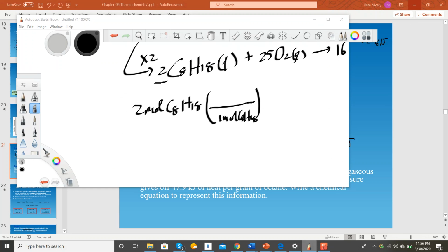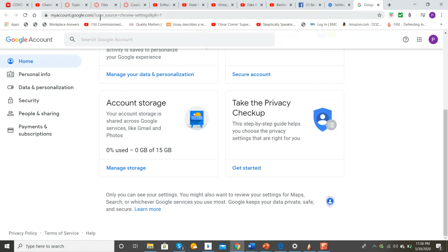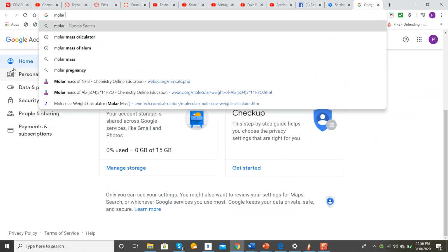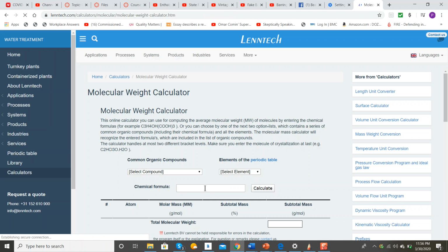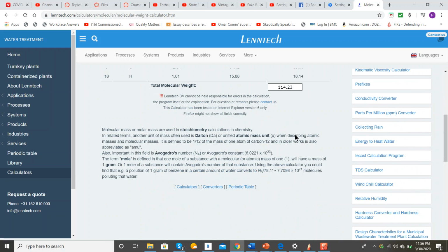I'm going to go to my molar mass calculator and enter the formula C8H18, and according to my calculator, it's going to be a molar mass of